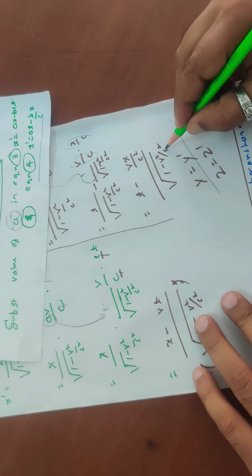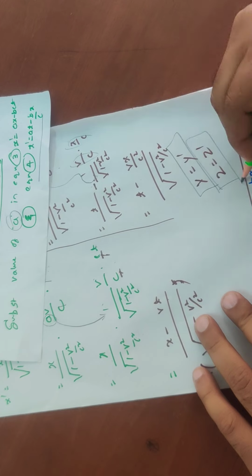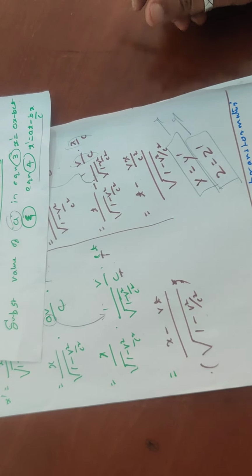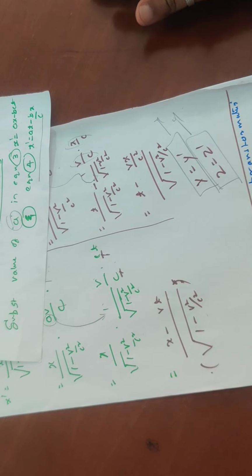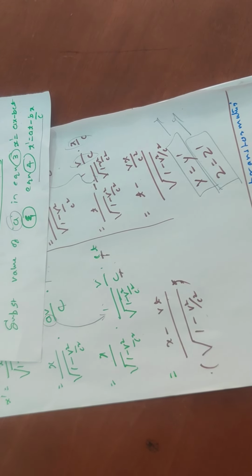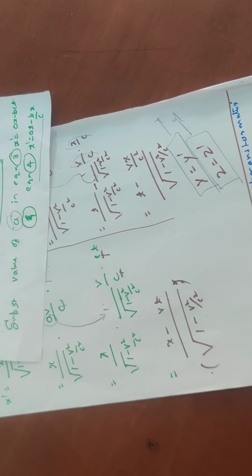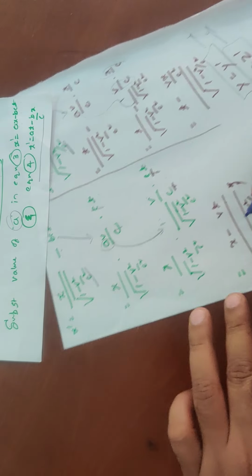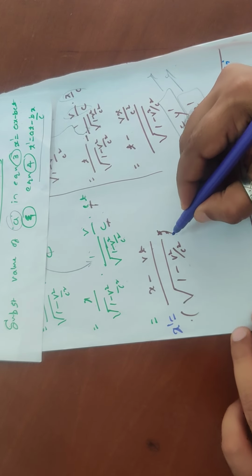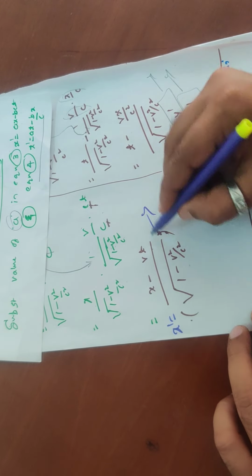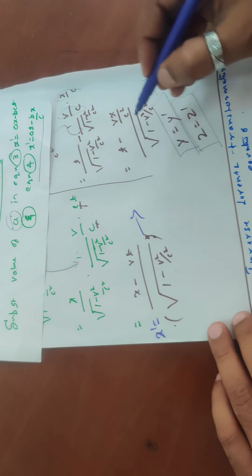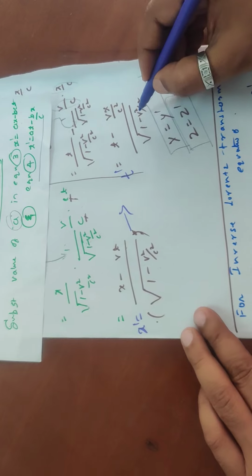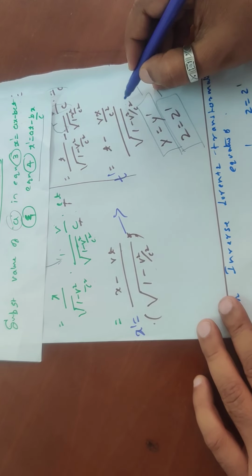And y equal to y dash and z equal to z dash, because there is no movement of the frame of reference along the y and z axis, here we have written. So these are the two factors we found. What are the two factors we found? That is x dash equal to x minus vt divided by root 1 minus v square upon c square. This is the position related Lorentz coordinate, and the time related one will be here: t dash equal to t minus vx upon c square, divided by root 1 minus v square upon c square.